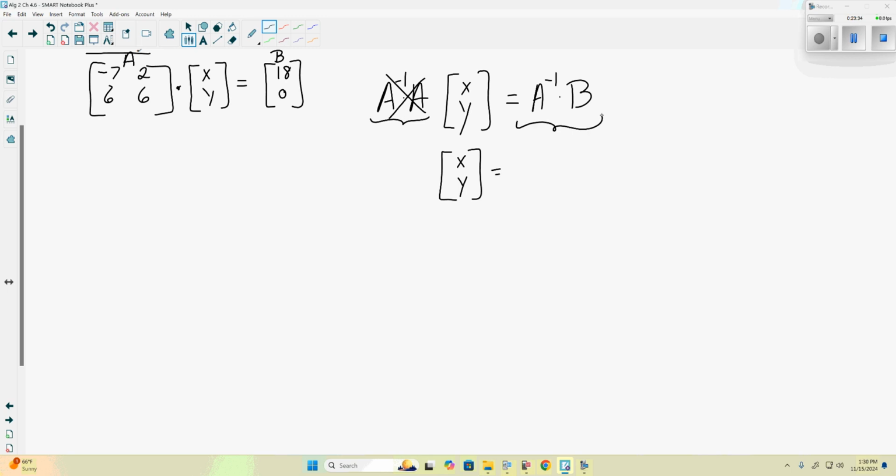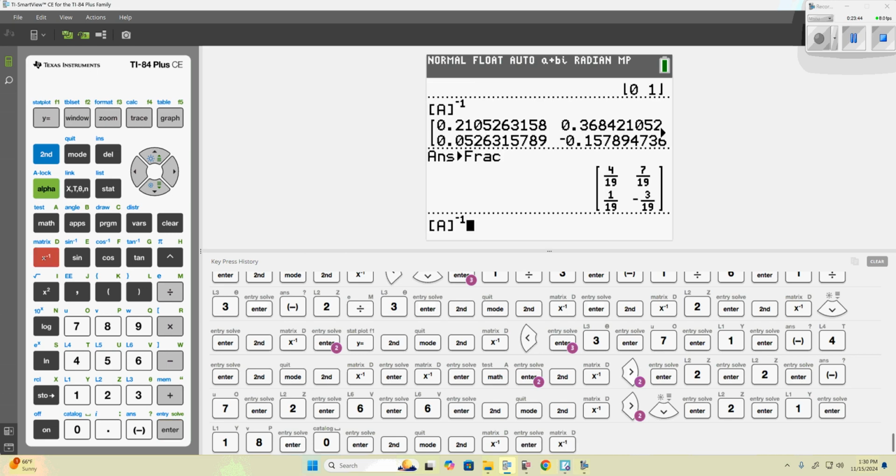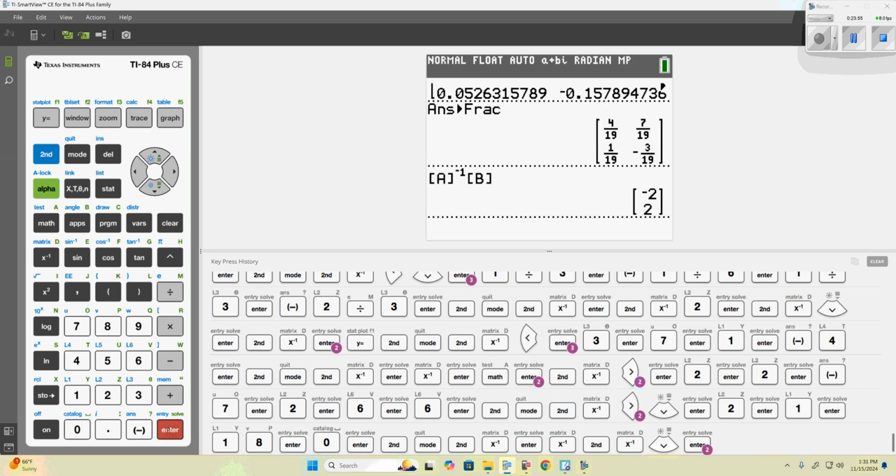On the other side, we have A inverse times our matrix B. Well, for us here, we do have matrix A, and we want to find its inverse, yes? And we want to take what that inverse is and multiply it by B. So we're taking A inverse times B, which is